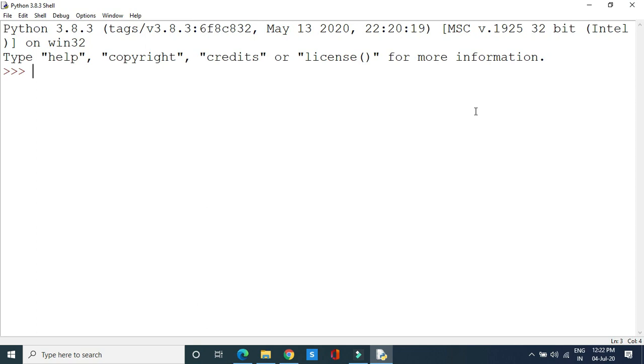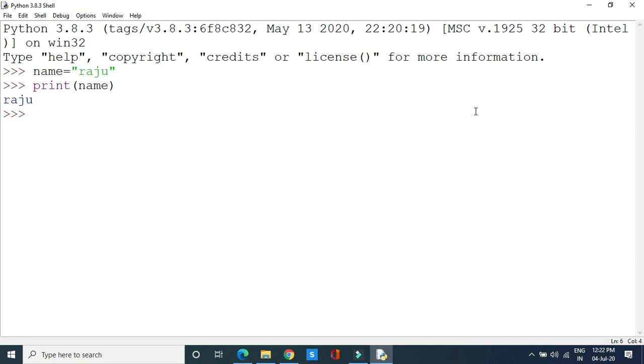For this one, let us create a variable called name, and here I will assign it Raju. And I want to display the Raju value here. That we can do simply by writing print of name.